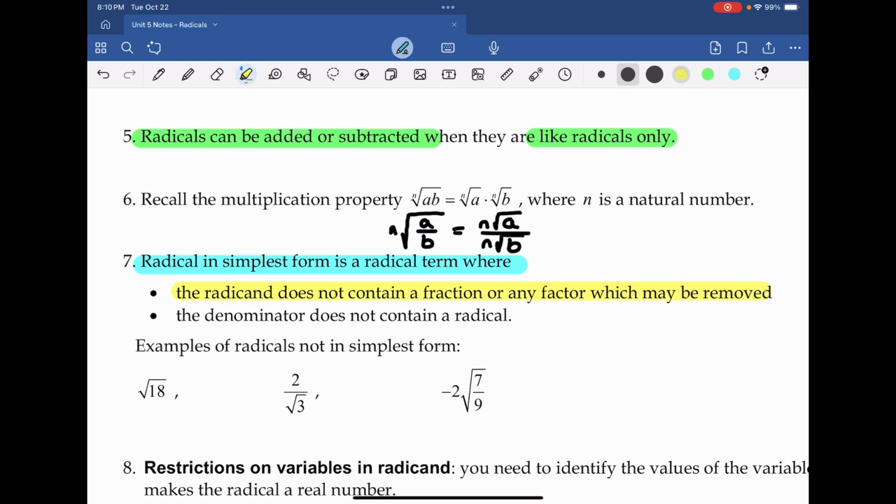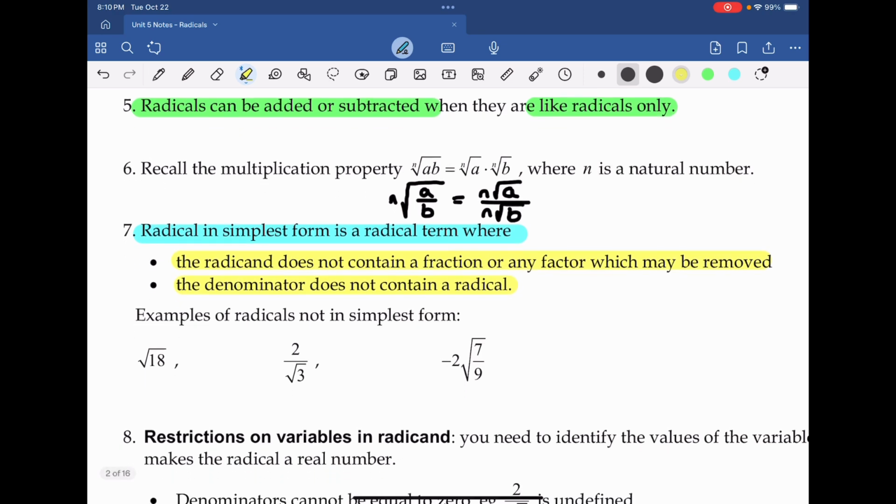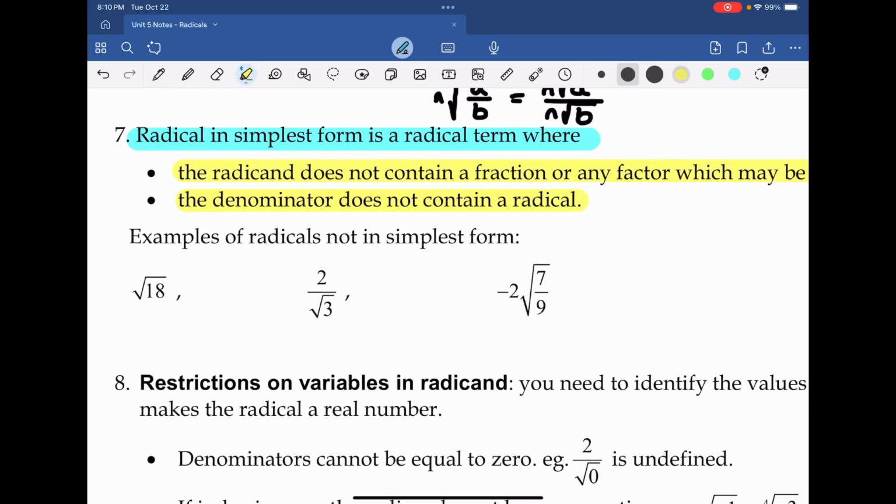The other piece is we want the denominator to not contain a radical. That's very, very important. We don't have a denominator that includes a radical. In fact, what we're going to call it when we get rid of the radical in the denominator is we're going to rationalize it. Now, some examples of radicals not in simplest form are things like root 18,